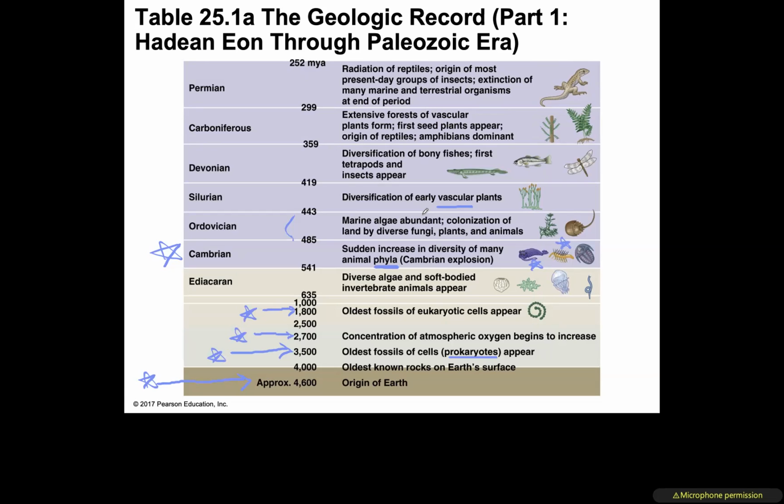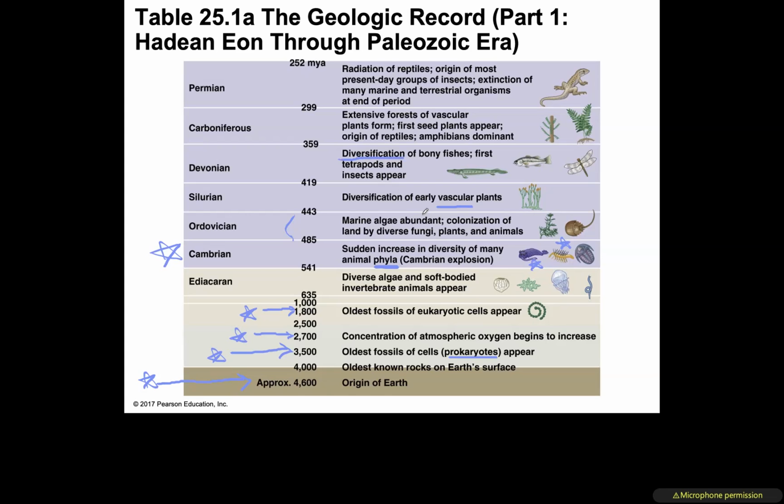And so the next piece, in the Devonian period, you're going to get a huge diversification of bony fish. Okay. And then the first tetrapods appeared. And those tetrapods then led to the next. Actually, let's go ahead and talk about the insects too. So this was a huge diversification event. Okay. Then if you go into the Carboniferous period,